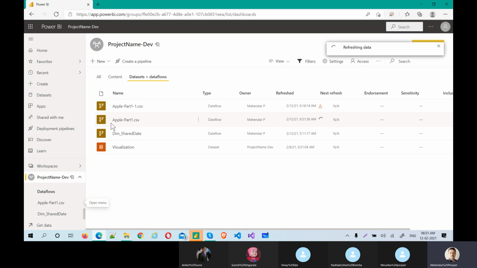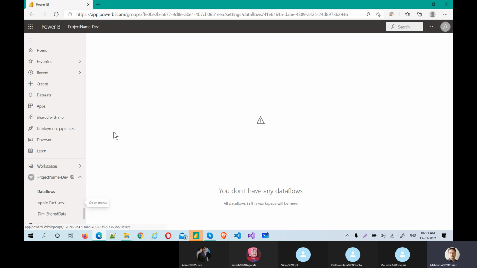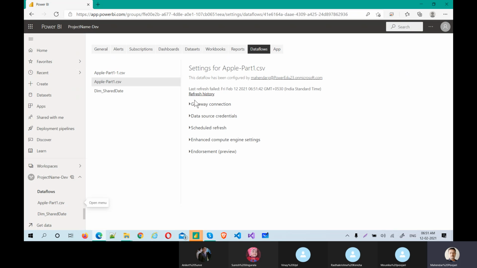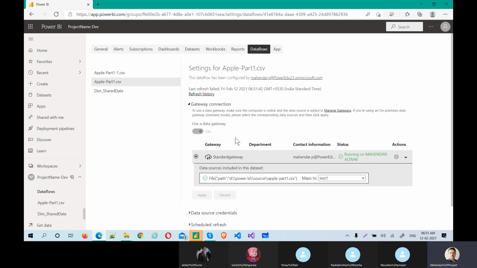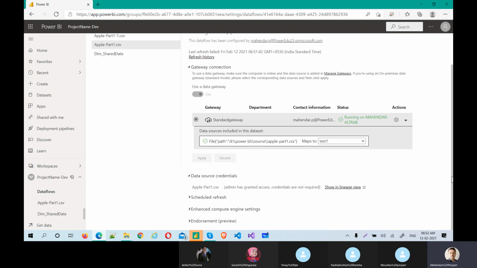Will that go? It's not going directly. Yeah, I'm expecting to see this. The gateway is up and running, that is perfectly fine. This is a path. Okay, granted the access. I'm just checking what the issue is, why it failed.